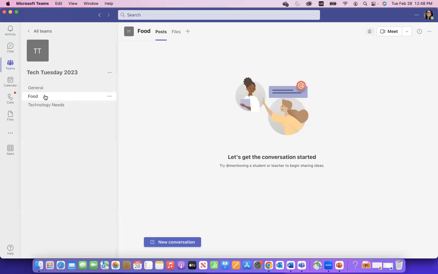I can say that this was an issue a few months ago. So if the meeting is older, it may still have that old link. There was an issue where meetings by default were incorporating a Teams link for the meeting location. We got rid of that.